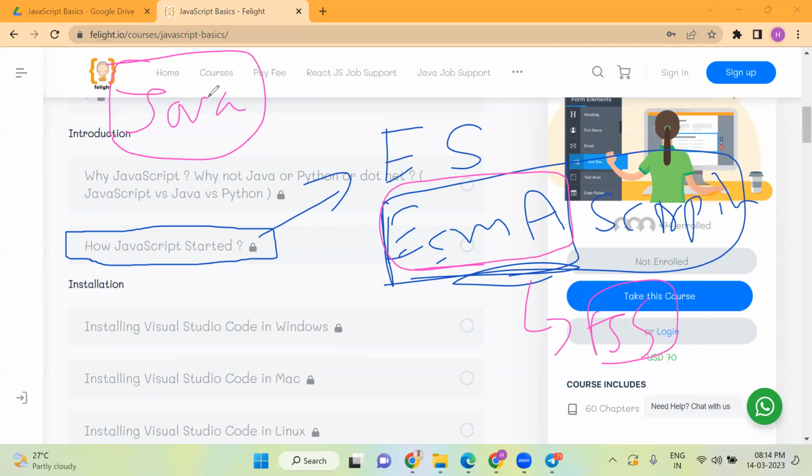At that time, the websites were just evolving, they were getting better. There was a browser called Netscape Navigator from some company. They wanted to add some interactivity to their website applications on the client side, or some client side validation, some animations and all.